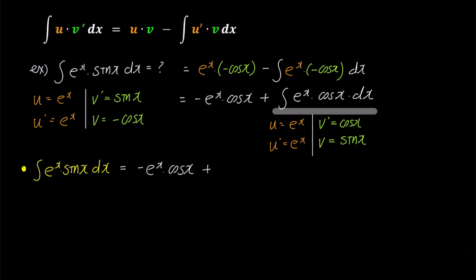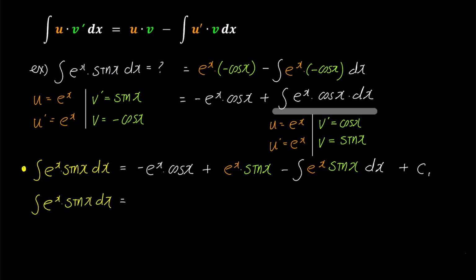The first formula becomes e to the power of x times sine x minus integral e to the power of x times sine x dx plus c1. Here c1 is the arbitrary constant of the integration. Let me rewrite this equation once again. If we factor out the common factor of negative e to the power of x from the first and the second terms of the right hand side, we get negative e to the power of x times parentheses cosine x minus sine x minus integral e to the power of x times sine x dx plus c1.